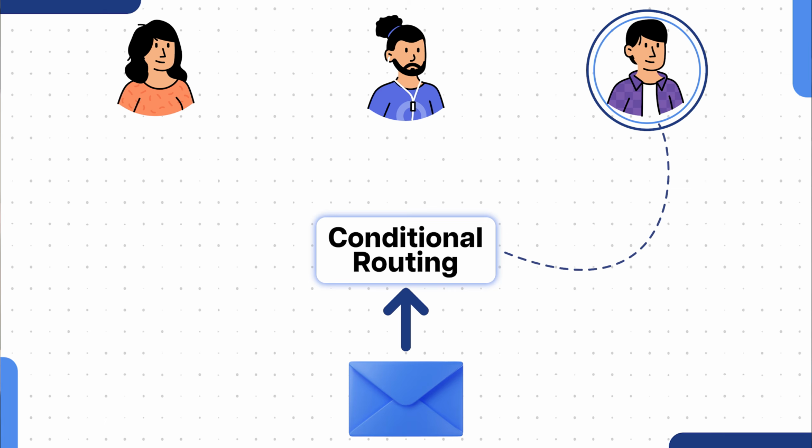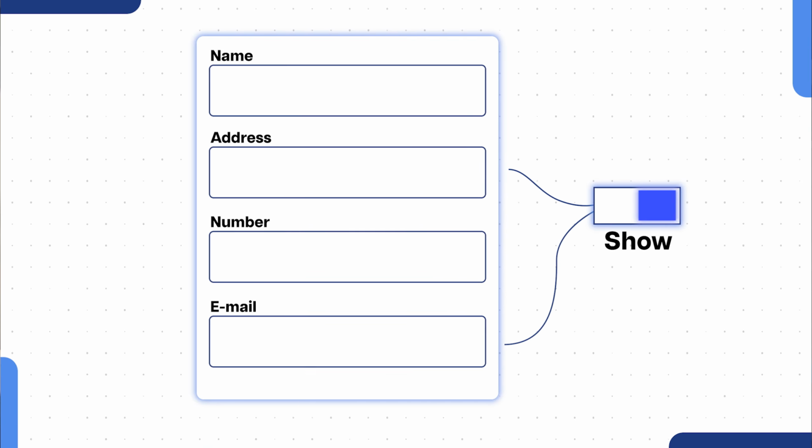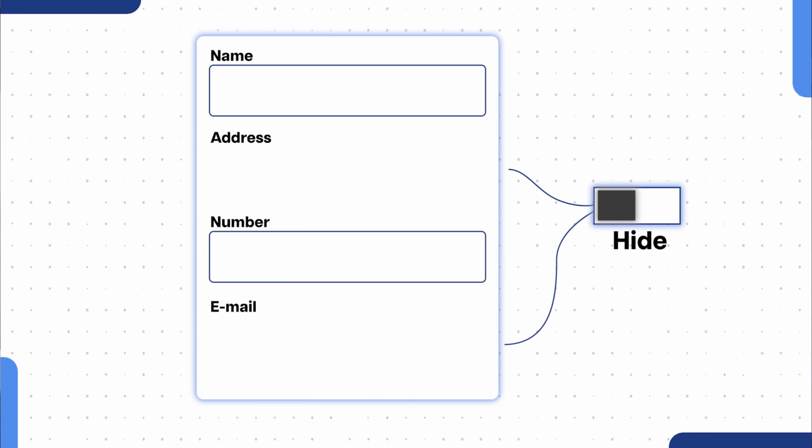which is not the same as Docusign Conditional Fields. Conditional routing helps you route the envelope to a specific person. Docusign Conditional Fields just help you show or hide certain fields or certain sections of the document based on a